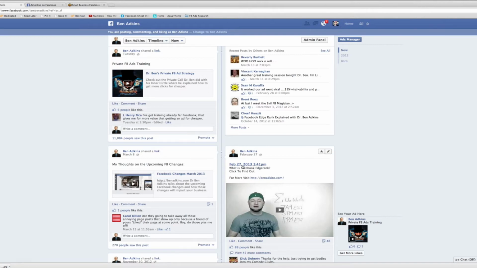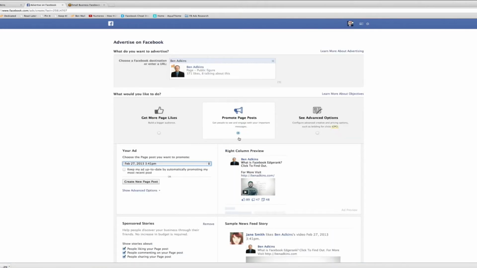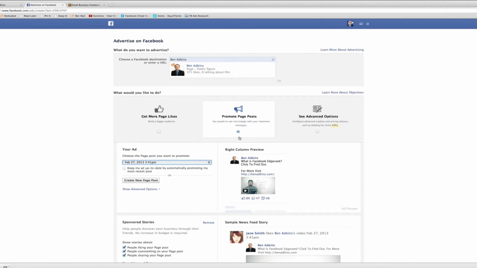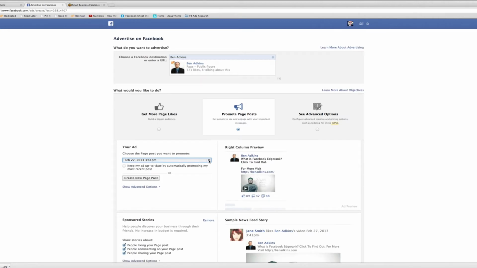So once this post is in place, we're going to go into ads. We're going to target the page that holds that post. We're going to promote page post. We're going to select our stuff